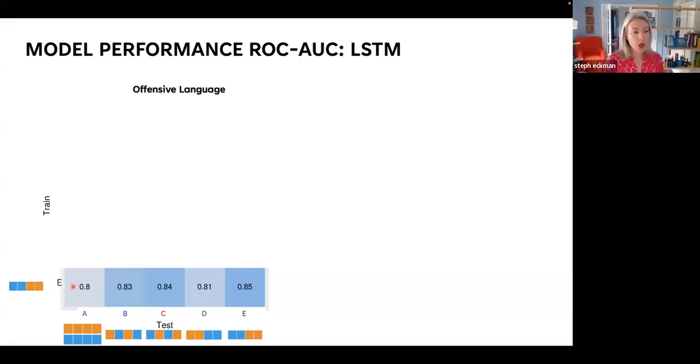So what we're looking at in this row here is a model trained in version E and then tested against labels collected in condition A, B, C, D, and E, right? So a model that's trained on labels collected in version E and then tested on labels collected in version E has a ROC AUC of 0.85, which is quite good. I know the numbers here are quite small. If you can't read these, we've color coded them. So like the darker the blue, the higher the ROC AUC.